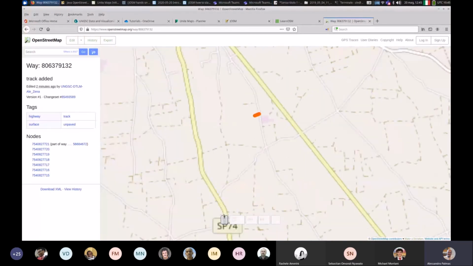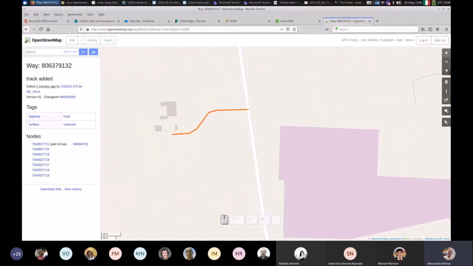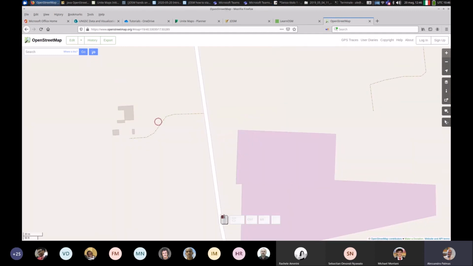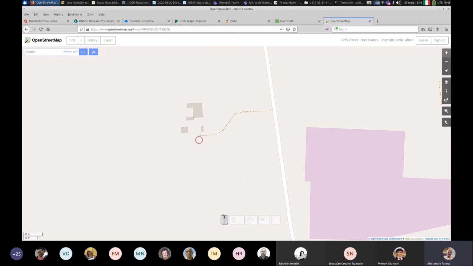That means I created a track from scratch. And so seeing this, we are sure a new way was created. For example, I'll show you after. So the system, the database, kept track that a new object was being created. But okay, this was already drawn,